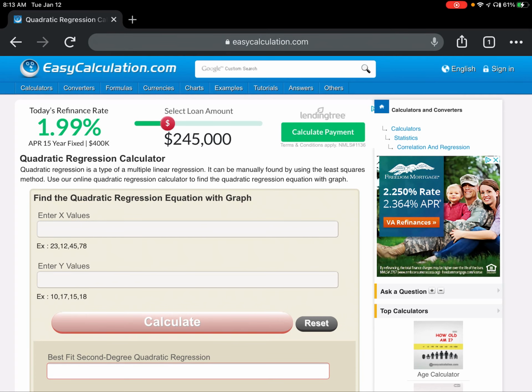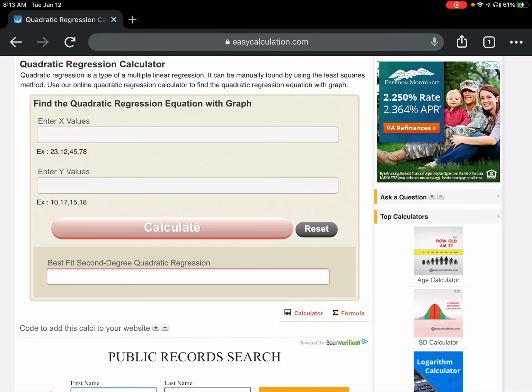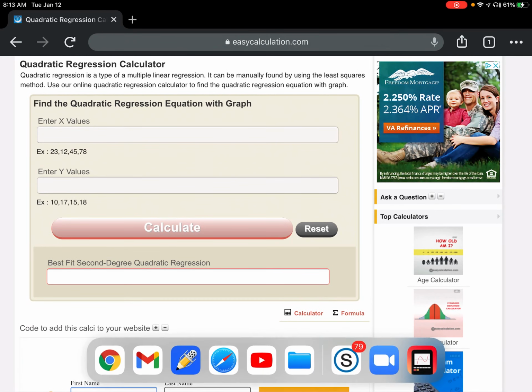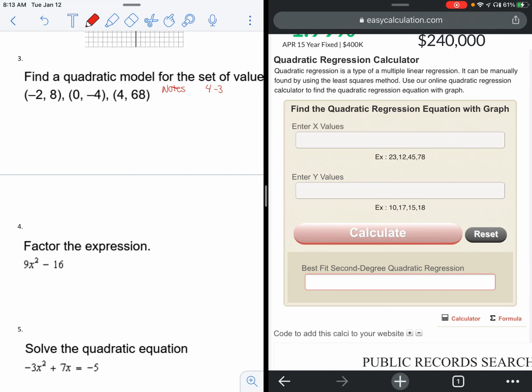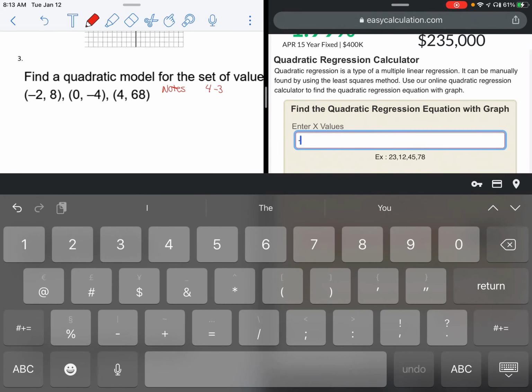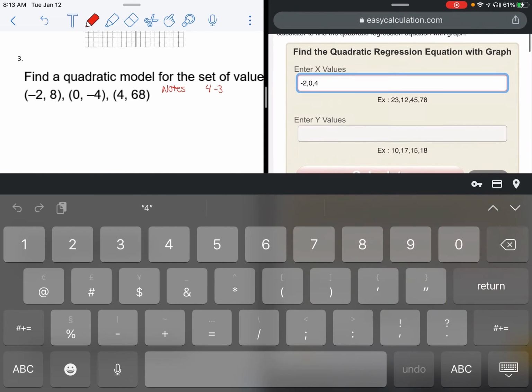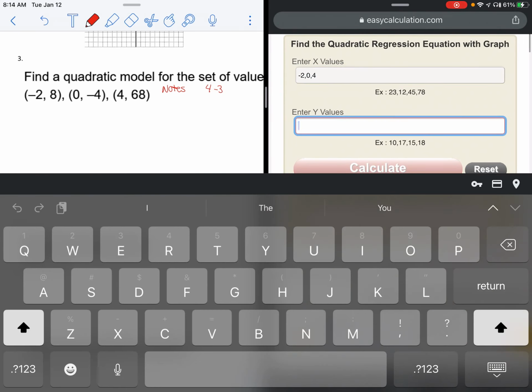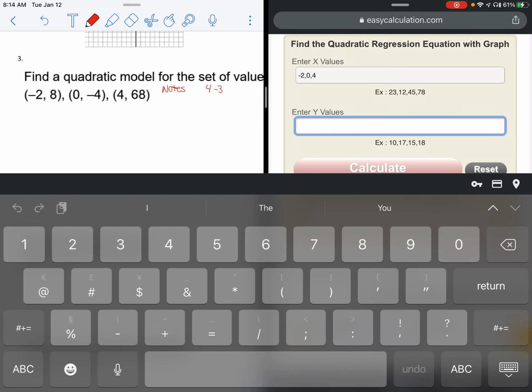Okay, so I'm hoping that this website will work because our calculator cannot do quadratic regression. So let's take a look. I think I'll be able to remember pretty well. So the x values are going to be -2, 0, 4. And the y values will be 8, -4,